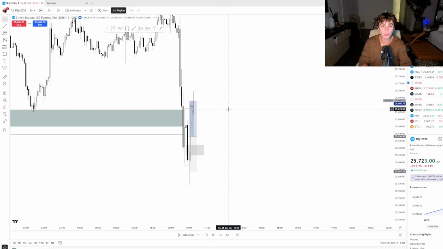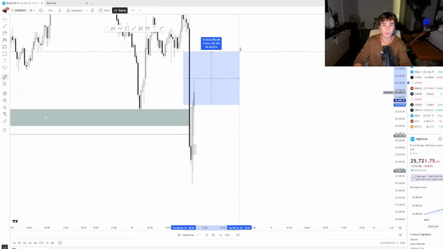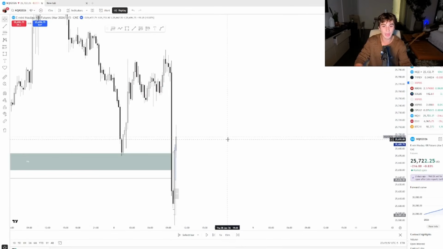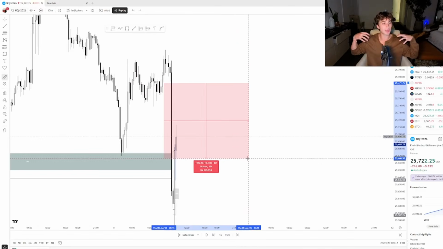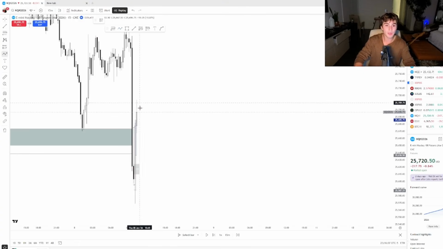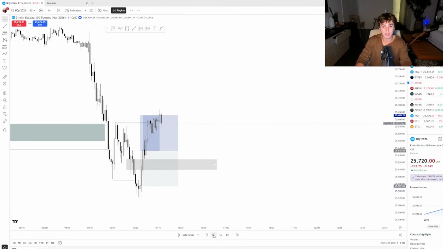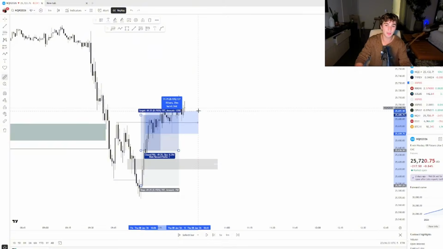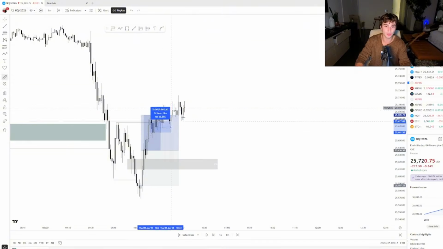We cannot assume that price is just going to run through this 15-minute gap and go all the way higher, right? Because now we are inside what I call a condition. What this condition tells me pretty much is that whether or not price goes lower here, if we get an inverse off this 15-minute, then we can assume price will want to keep dumping. I'd want to see, you know, price present some sort of shorts. But the problem here is that we have no good structure to short yet.